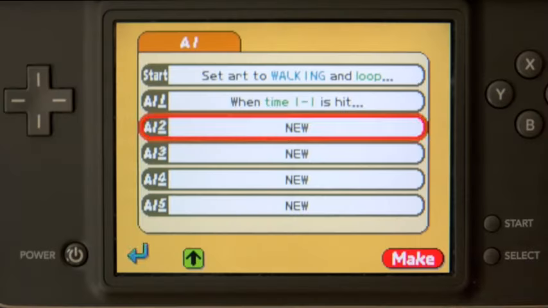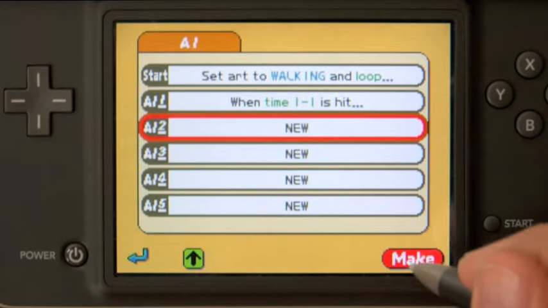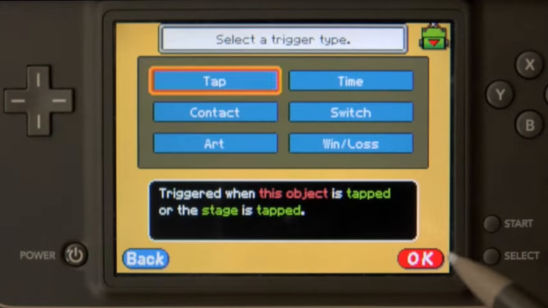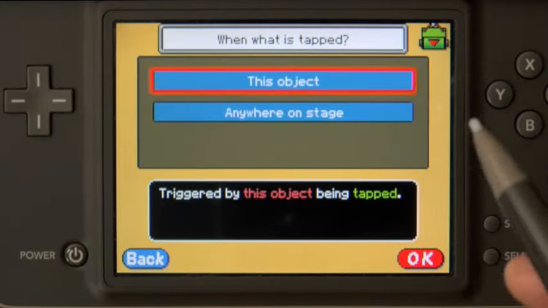So now with our objects in motion, let's introduce the main mechanic of our game, which is tapping the spider and making him hunt down the enemy. So we'll create a new AI for the big spider. So with the tap trigger, and of course tapping this object,